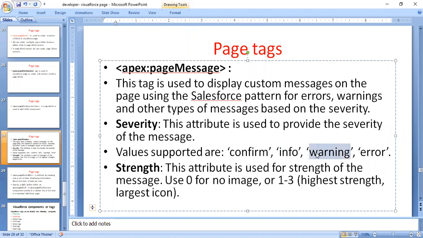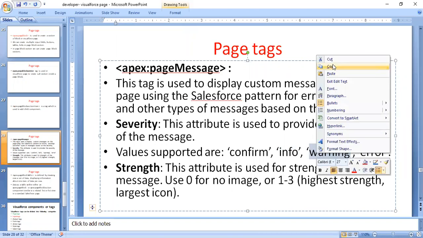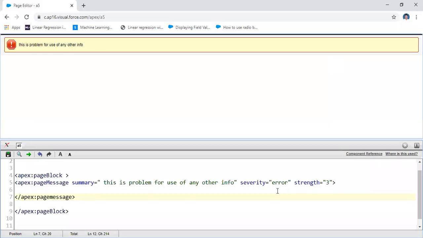I'm showing the different ways of representing the messages. Let us assume I'm taking the simple warning information. Here, this is a simple warning information.